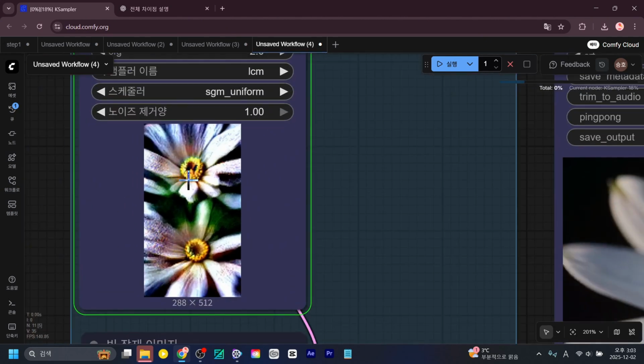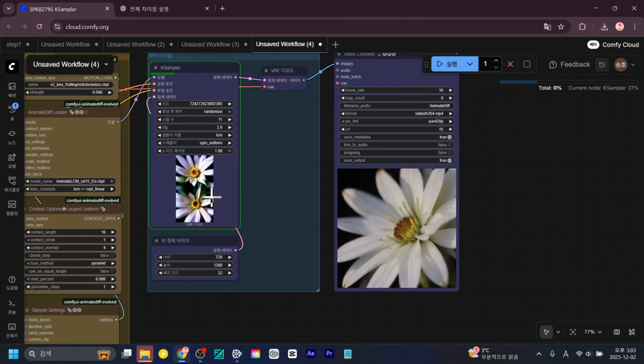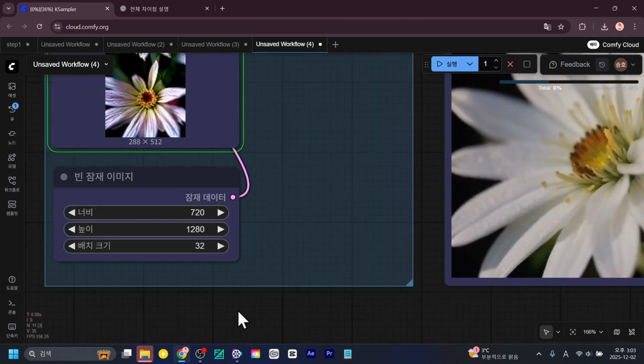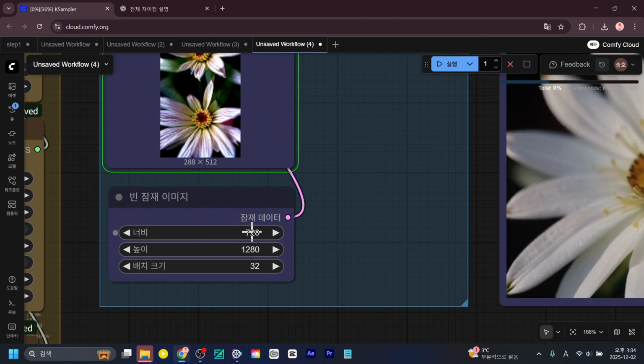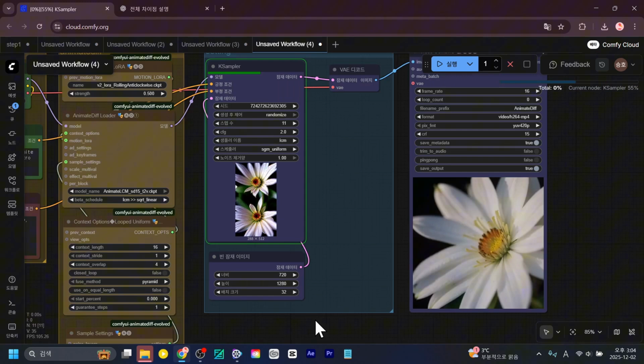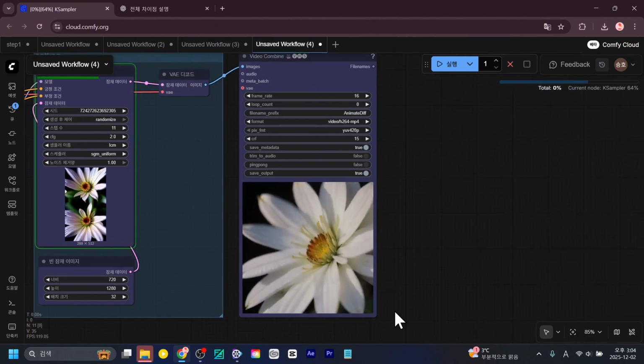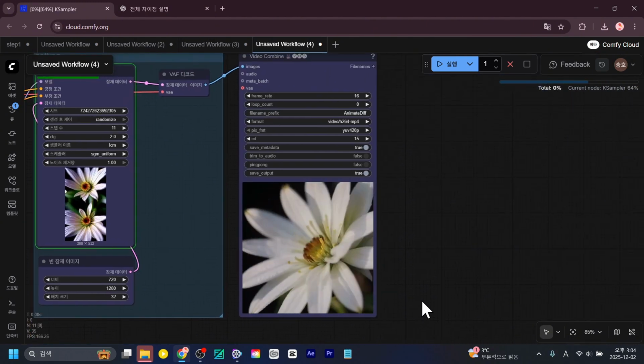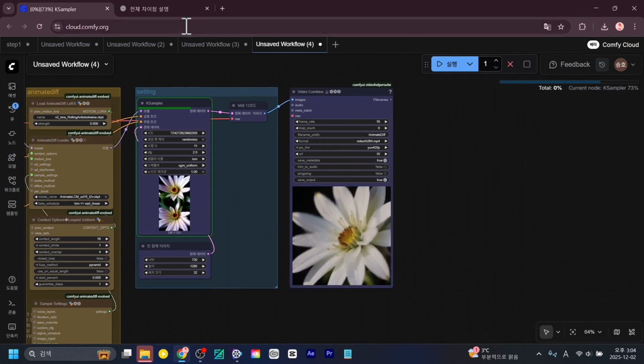Since it's over 1000 pixels, if you want to have 2 of them spinning around, you can set it up like this. Or instead of this, you could use dimensions like 420 by 800 or 450 by 800, or even something like 512 by 869 or 872. Those kinds of sizes work too.